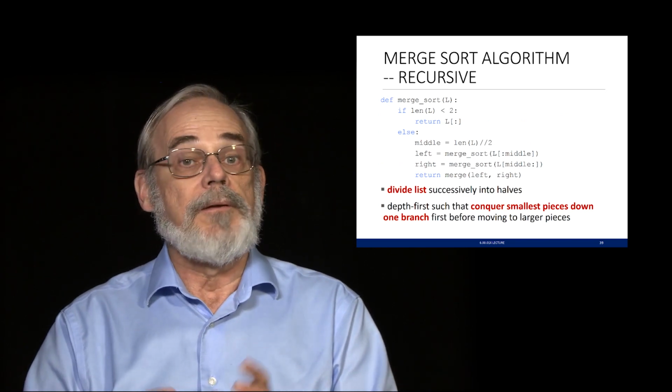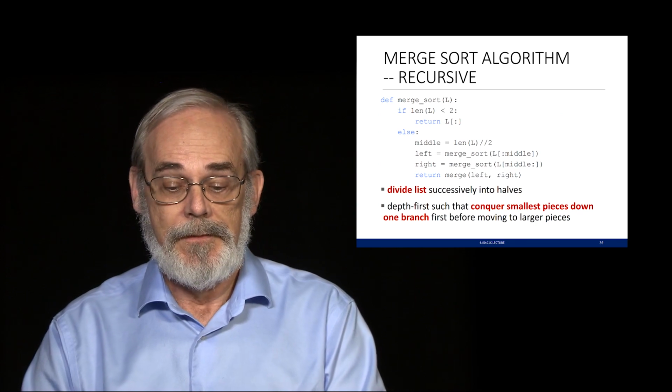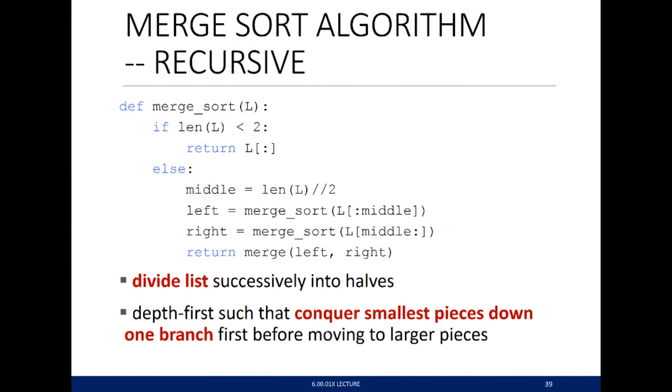Okay, now how do I put it together? Knowing I know how to do merge, I do the following for merge sort. Given a list, I say if there's only 0 or 1 elements there, I'm done. Just return a copy of the list, and I'm all set. Otherwise, there's that nice pattern. Find the midpoint. Break this in half. Find the midpoint by taking the length of the list, doing an integer divide by 2,